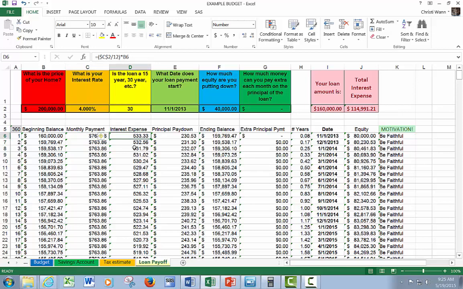The interest expense, I take the interest rate, divide it by 12 since it's monthly, and multiply it times the beginning balance, just like we were doing before, but we had a yearly loan. So we got the interest expense. So out of $763, $533 of it is interest expense at first. So if we subtract 763 minus 533, you paid down $230 on your $160,000 loan. And so your ending balance is going to be